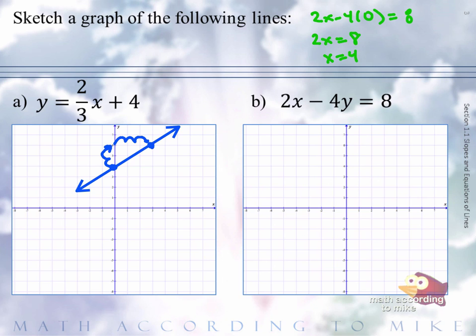So along the x-axis, we're going to put a point at 4, 0. And likewise, I'm going to erase that. If we do the same thing for y,